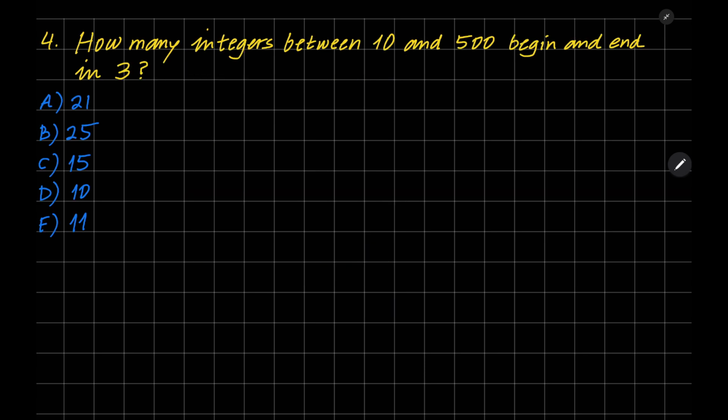Question 4. How many integers between 10 and 500 begin and end in 3? For the two-digit numbers, only 33 begins and ends in 3. For three-digit numbers, the only possibilities are 303, 313, 323, 333,